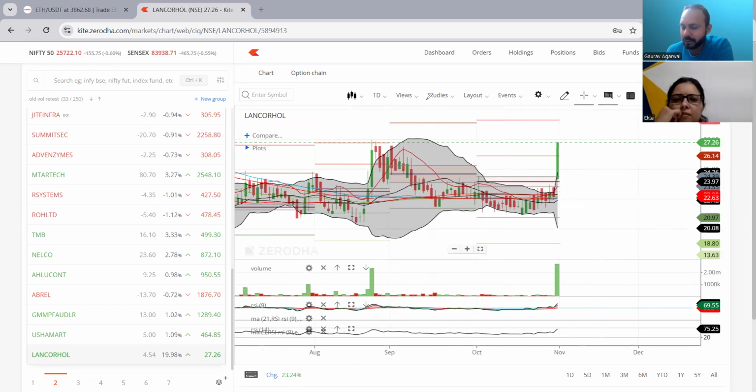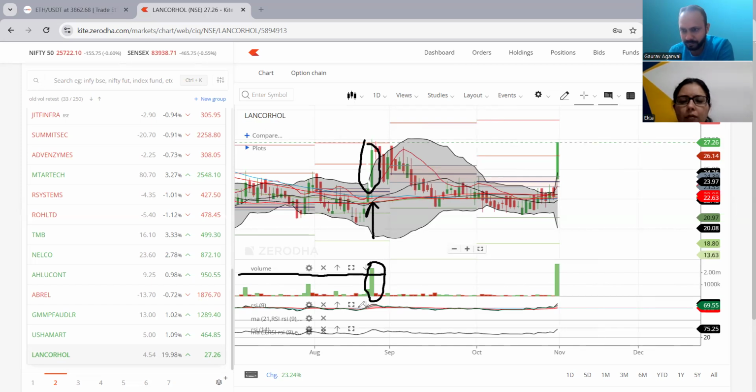Maybe because it was a penny stock, maybe that's why I have not suggested this to you earlier. You can see there was a big green candle here, and the volume is also green, higher than the previous. That means some smart money entered in this trade, right?